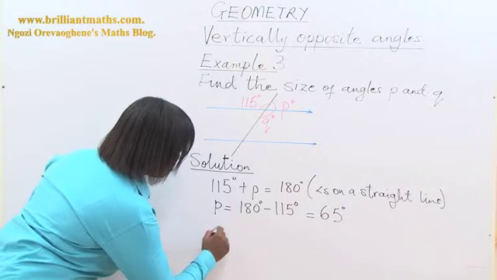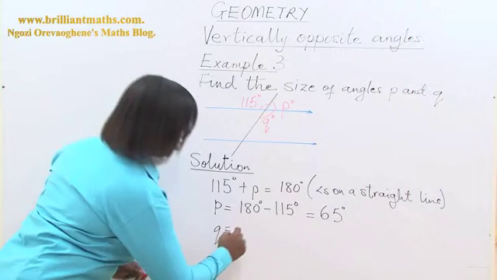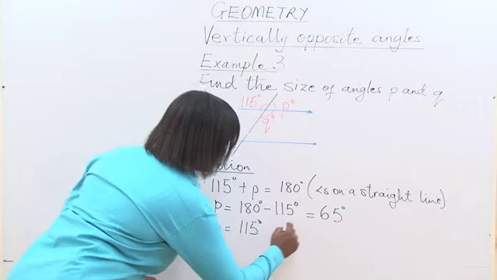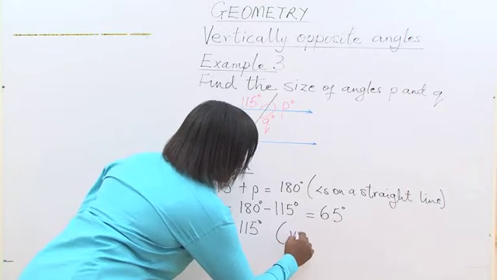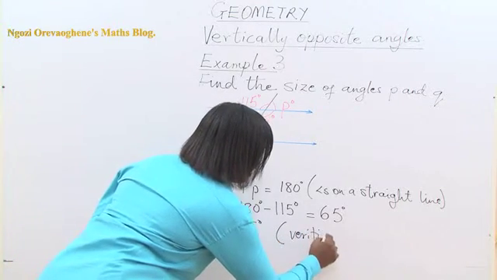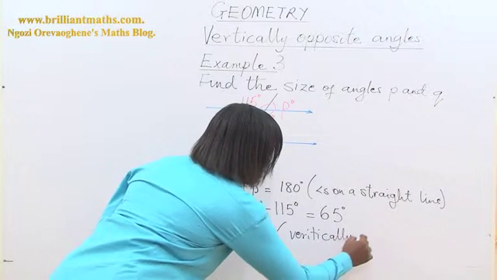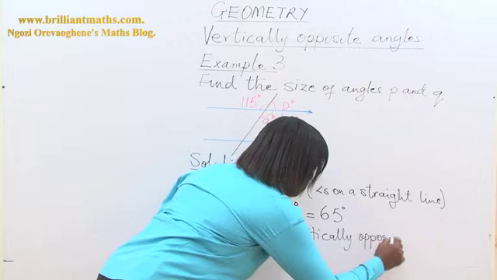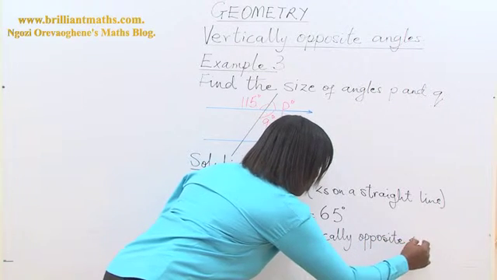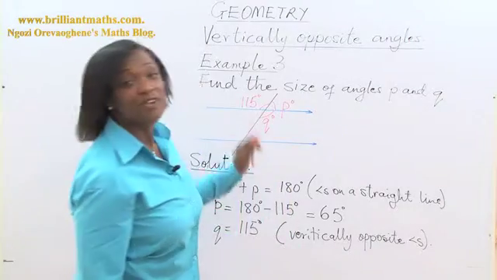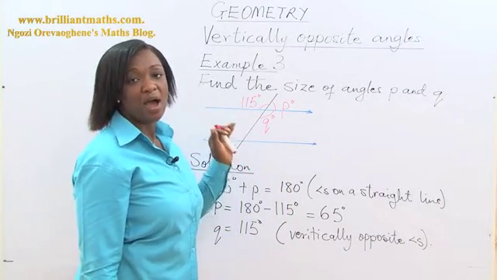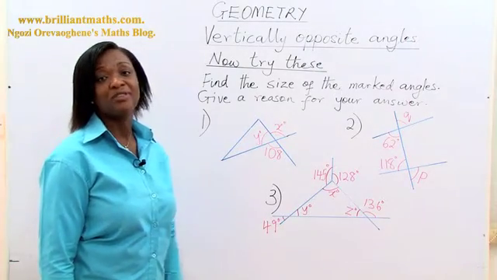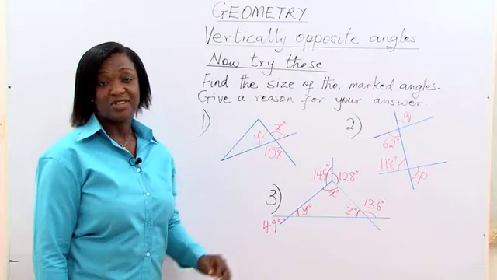And we know that Q is equal to 115 degrees. The reason is vertically opposite angles. We know that vertically opposite angles are equal. Having learned how to find vertically opposite angles, angles at a point, and angles on a straight line,